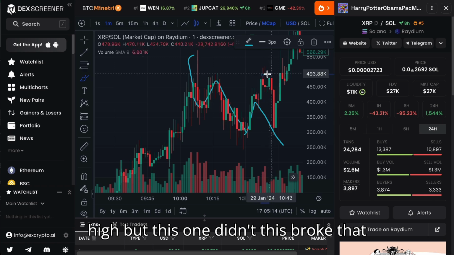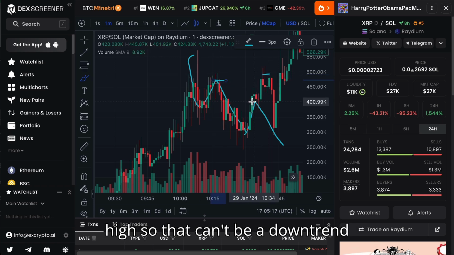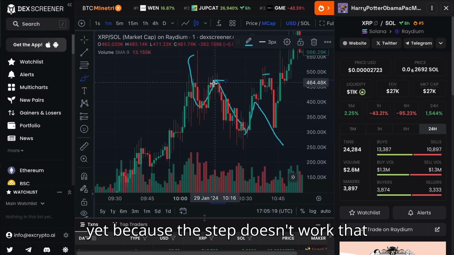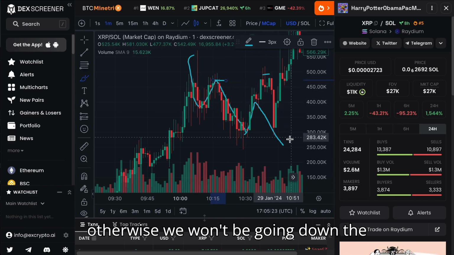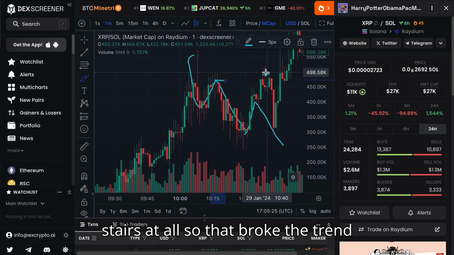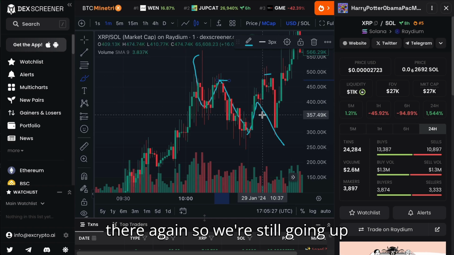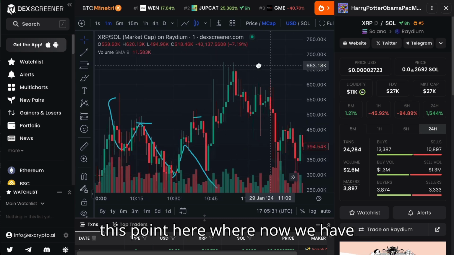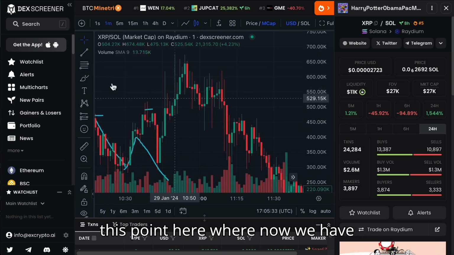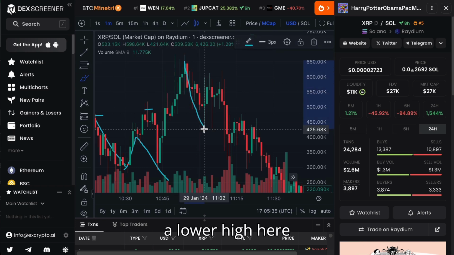But this one didn't. This broke that high. So that can't be a downtrend yet, because the step doesn't work that way. The next step has to be lower. Otherwise, we won't be going down the stairs at all. So that broke the trend there again. So we're still going up. So that's not enough. And then we get to this point here, where now we have a lower high here,